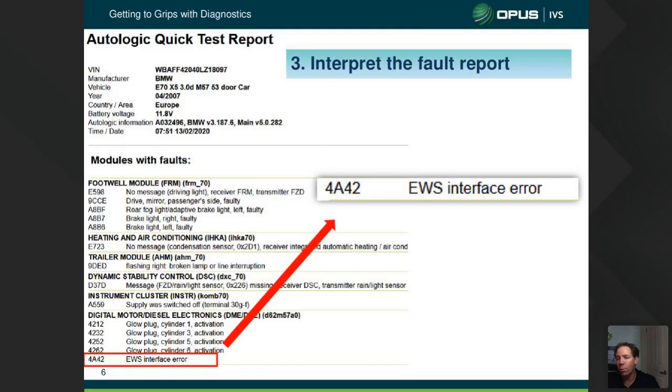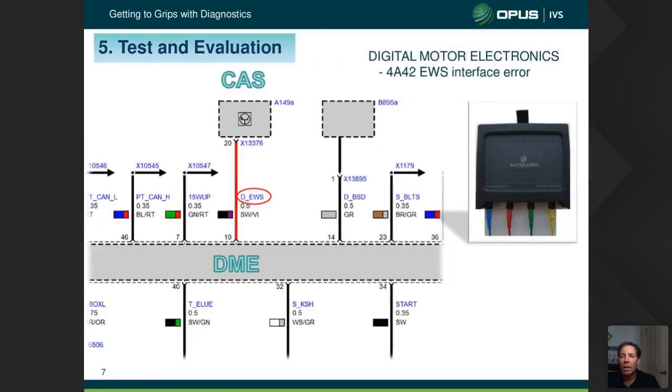So we've interpreted the fault report. We've had a bit of a look. Some tests and evaluation. So initially we might do some quick tests just to have a look and see if the EWS is talking to the engine control module. And in this case, what we've done, we've just plugged the scope in, because if we have a look here, right, so here's our CAS, which is our,